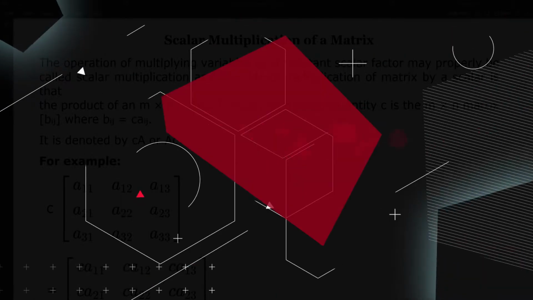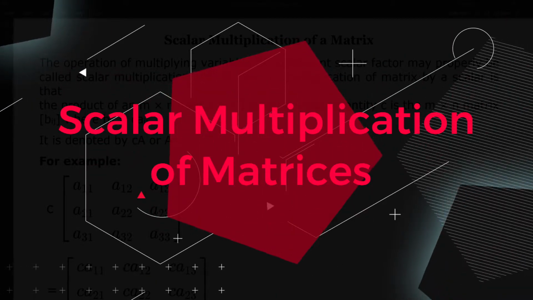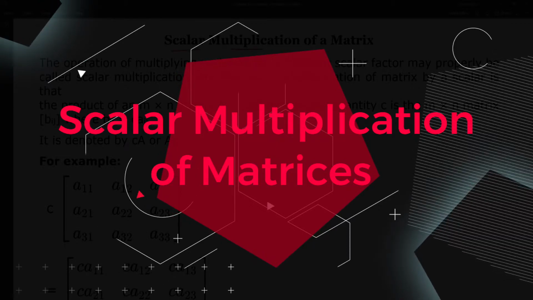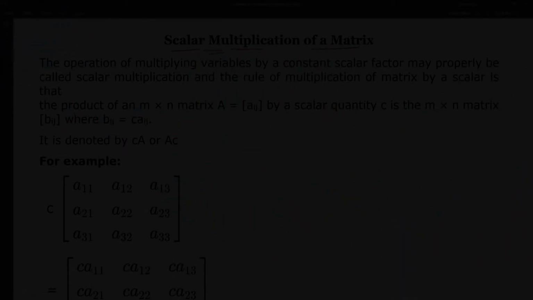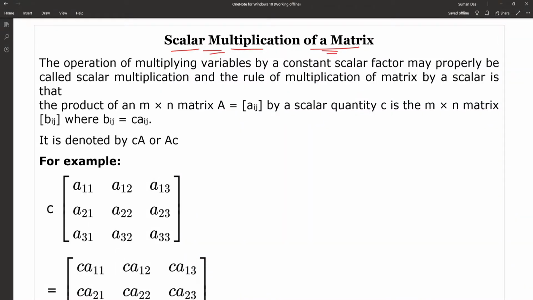Hello friends, today our topic is the scalar multiplication of a matrix. Once again, the scalar multiplication of a matrix. That means the multiplication of any scalar number with a matrix. The operation of multiplying variables by a constant scalar factor may properly be called scalar multiplication, and the rule